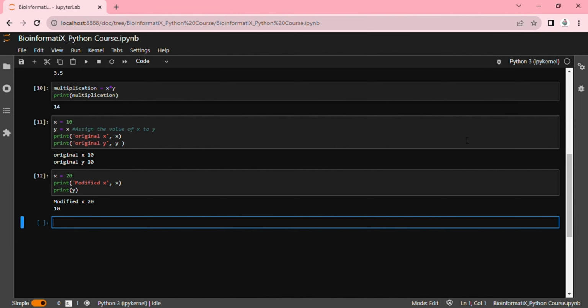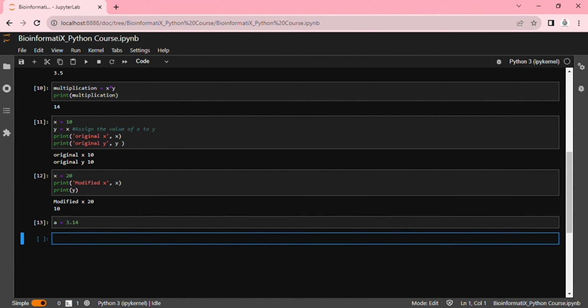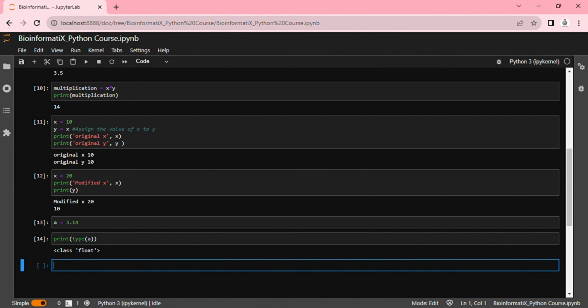Now let's check the float numbers. Let's create a variable called a equal to 3.14. Now let's check the data type of variable a. And here we have it. The type of the variable a is float. But what if we assign a new variable called b and make it equal to a? b equal a,